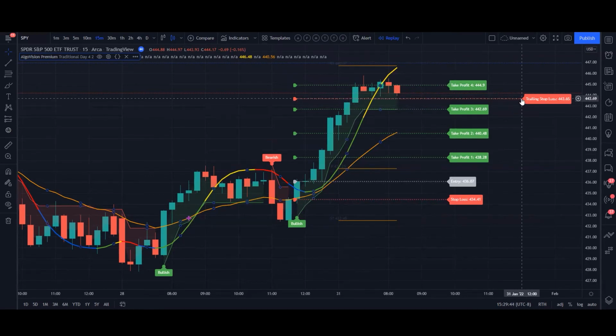Also, it is important to use these levels for identifying an exit rather than waiting for the trend to change. What this means is that if a TP is hit, then a portion of the position, if not all of the position, should be taken off as profit while moving the stop loss to the entry level. Likewise, if a further TP is to hit, another portion of the position should be taken off as profit, and the stop loss should be once again moved or use the trailing stop loss. For example, if the second TP is hit, the stop loss should be moved to the first TP, and so